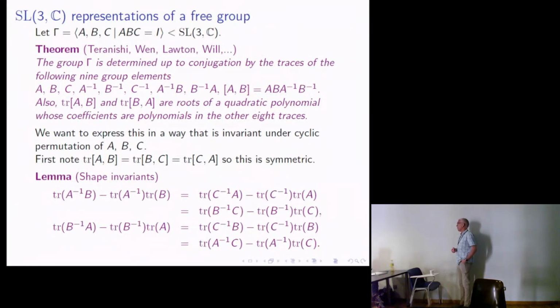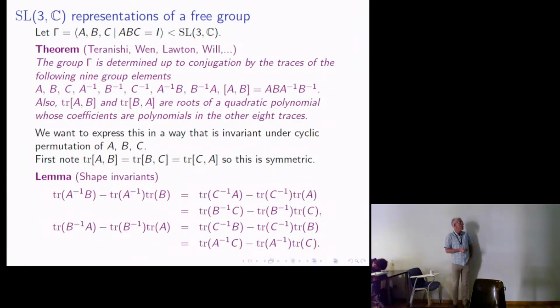Right? And if you want to write them down, you can do. It takes an entire page, practically, of LaTeX to do that, but they are indeed polynomials in the other traces. So if you try to manipulate them, it's a little bit of a mess. But nevertheless, they are these. So really, to this trace here, all I'm asking for is a choice of root. So I could think of that as a plus or minus sign in the middle of the quadratic formula. Right? So I'm going to be referring to this later as a choice of sign. And in some sense, this is to do with the orientation of the surface and how it relates to the complex structure.